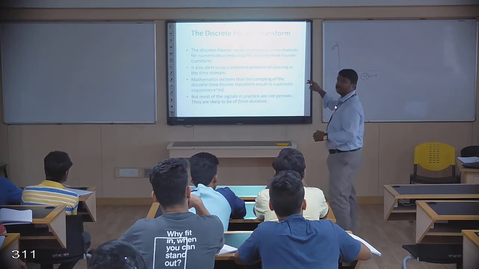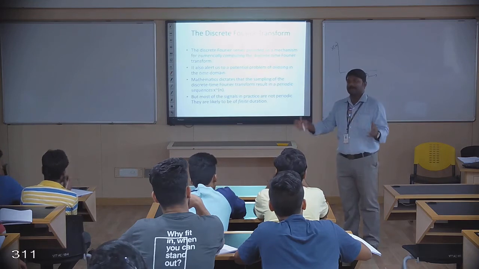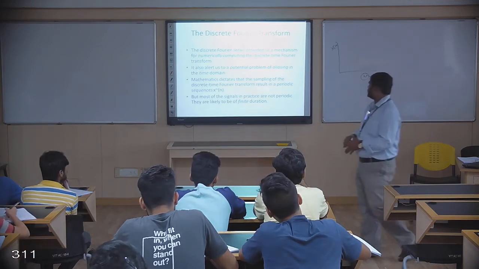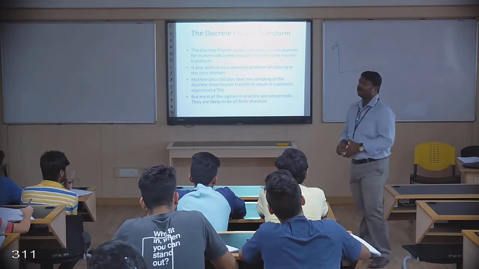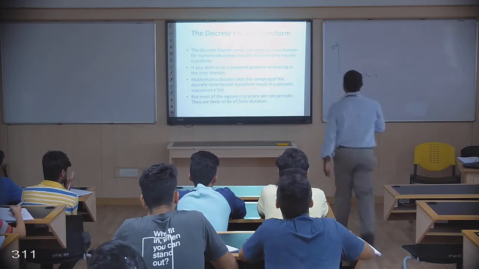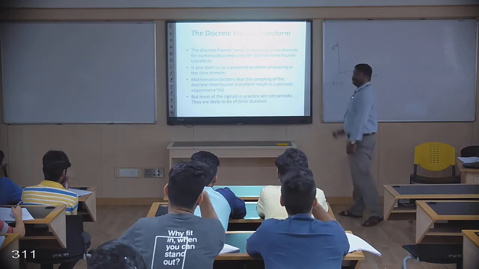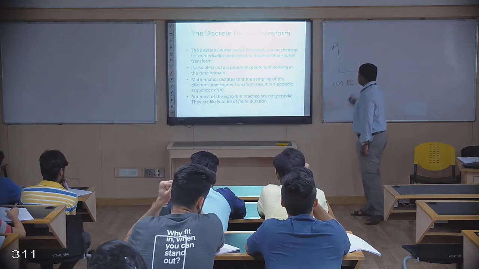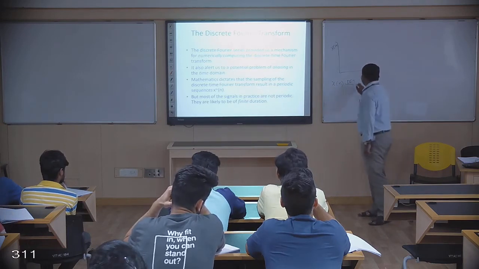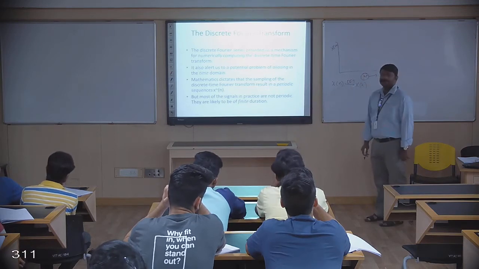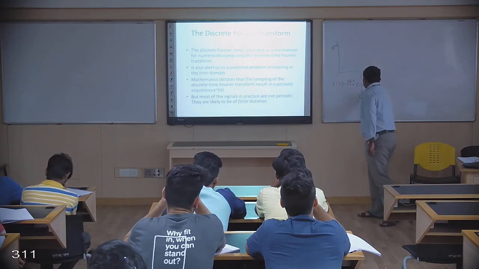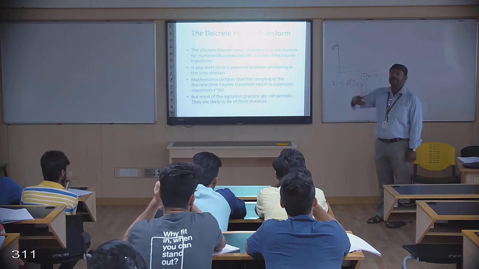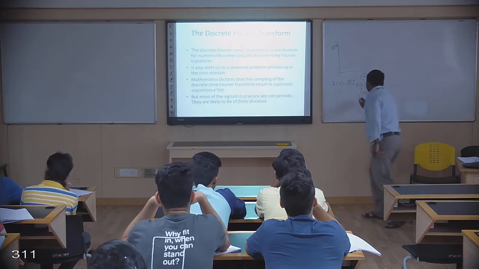But in the discrete Fourier transform, there is no case of aliasing, provided there is a condition. We'll come to that. Then mathematics dictates that the sampling of the discrete time Fourier transform results in a periodic sequence. What does that mean? If I have an input x of n, and I take the discrete Fourier transform, DFT, assume I get x of k. Now if I take the IDFT, inverse discrete Fourier transform, to reconstruct my original signal back, I'll be getting